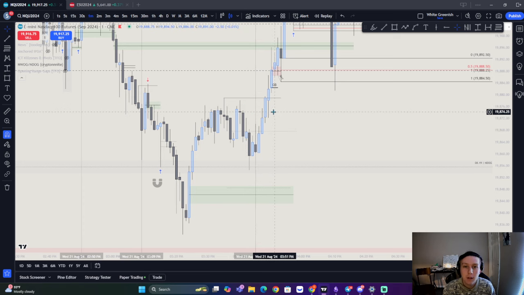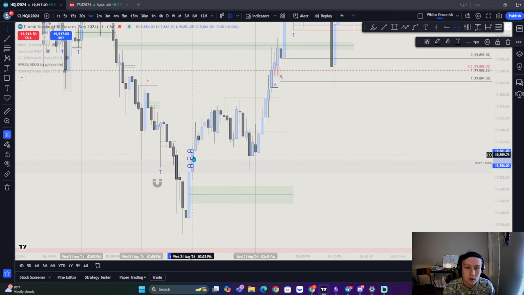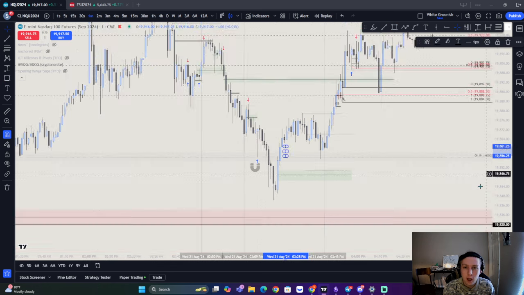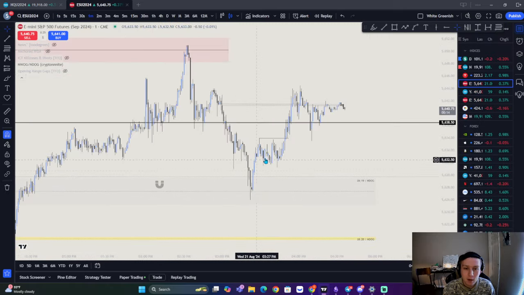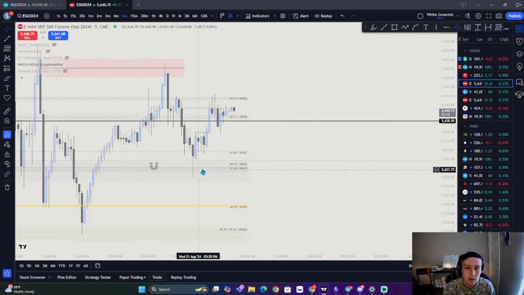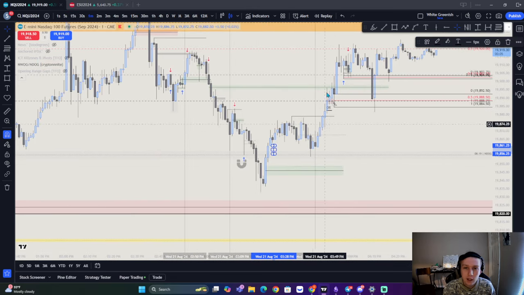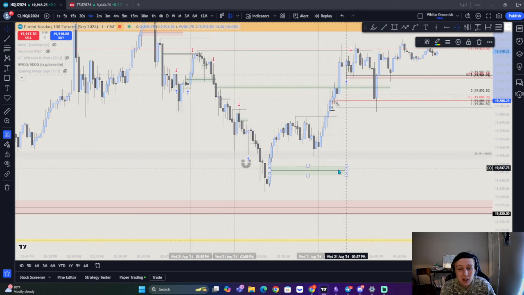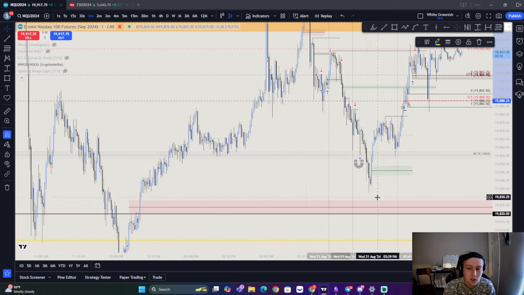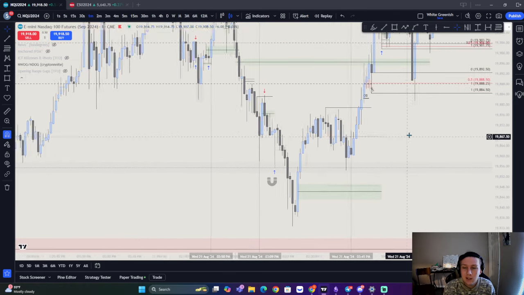I'm waiting for that 3:50 volatility injection. And as we see, we come down. We have this imbalance that we repriced to. Originally, I thought that we could actually draw lower into this inefficiency right here that never got filled. We look at ES. Right now, we're within a new day opening gap right there. And so we respect this new day opening gap right here, and then we draw up into these new day opening gaps. So hindsight, yes, we end up coming up into these equal highs here. I didn't think it was as clear at the time. Looking back, it does look a little clear, but I did want to see this inefficiency get traded to. But had I seen ES, that new day opening gap,